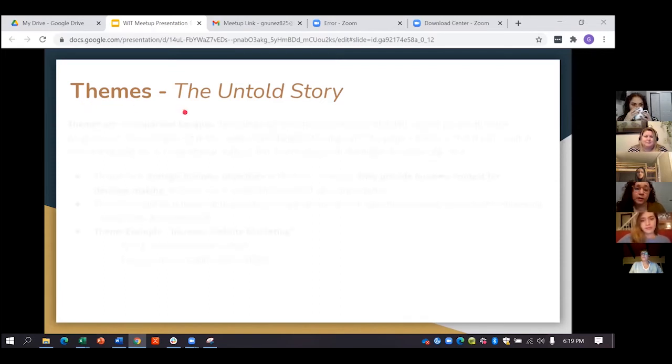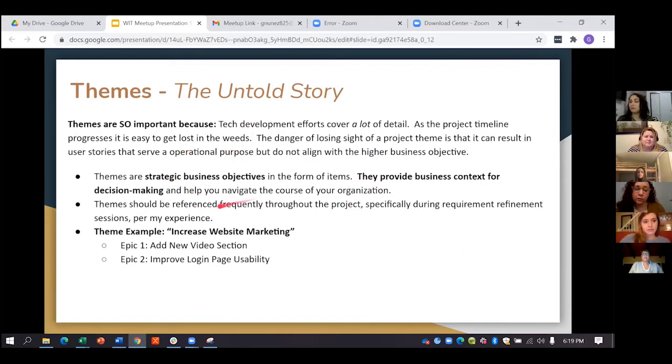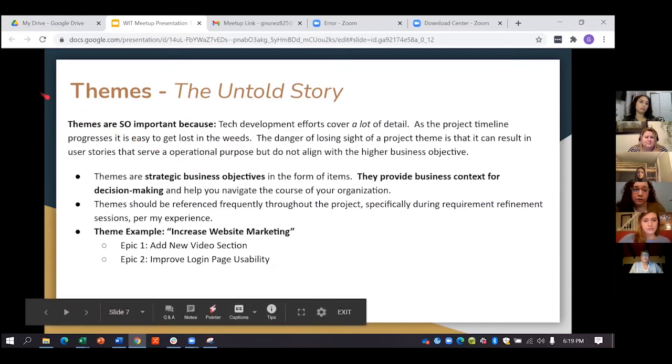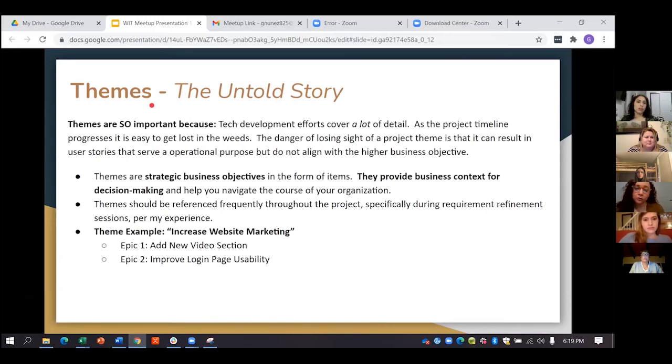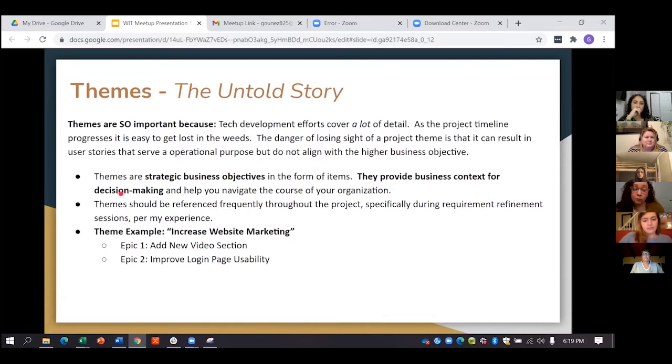So constantly bringing up the theme whenever we're building a backlog, and we're putting together our user stories, or what if the project is now underway and we're past the user story gathering phase, and questions and concerns come up. For me, in the projects where I have used themes to help my stakeholders make certain business decisions and reprioritize user stories, the themes have been critical in that, because again, the theme is the business statement,